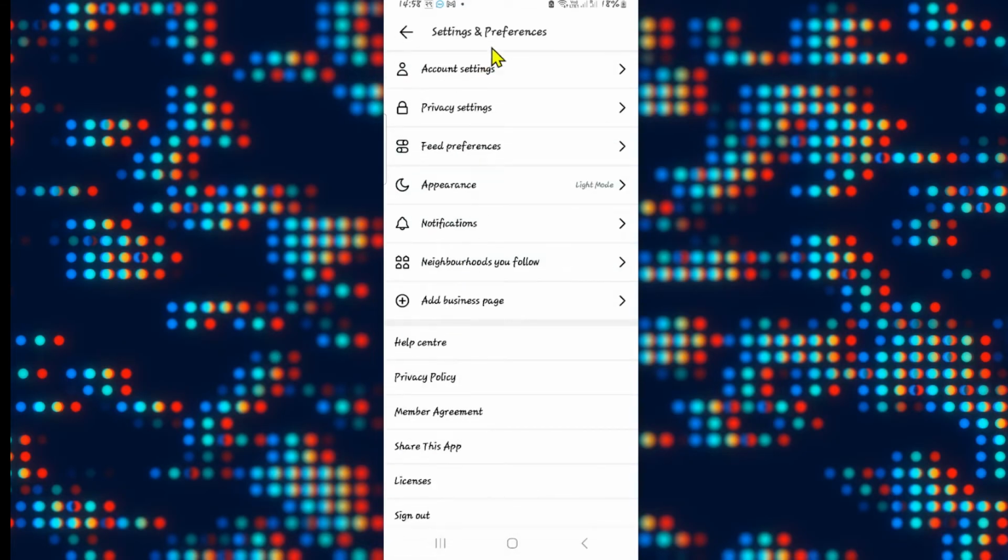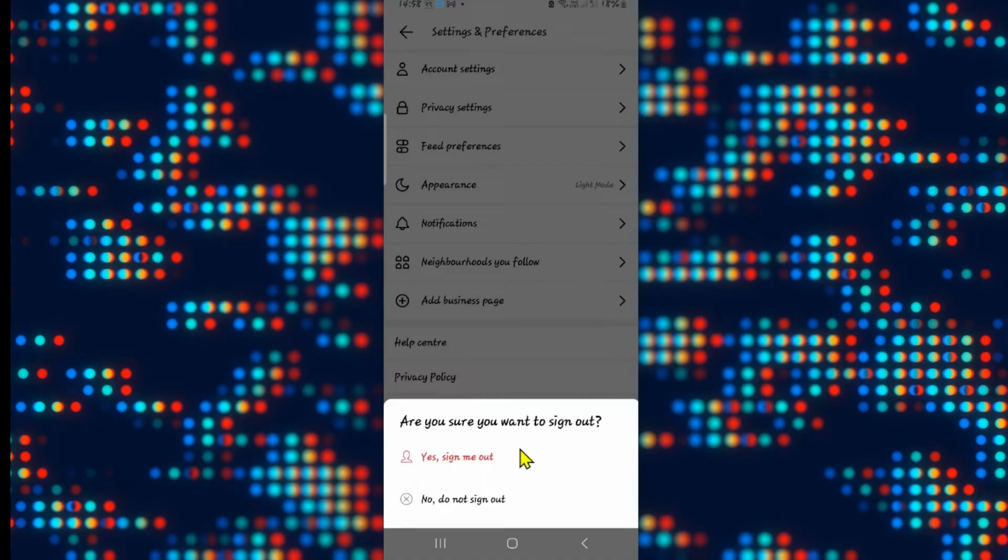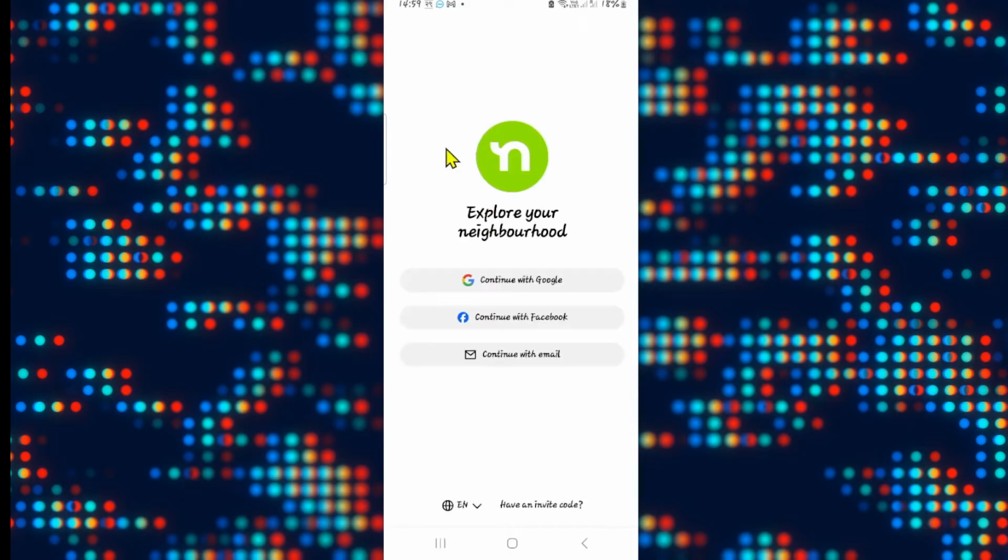Now, within the Settings and Preference menu, if you look all the way at the bottom, you will find the Sign Out option. Go ahead and tap on this, and you will be asked whether you are sure that you want to sign out from your account. Tap on the Yes button to confirm your sign out, and now you will be logged out from your account